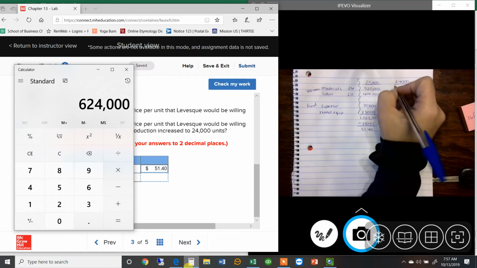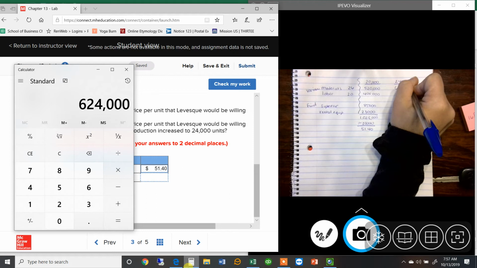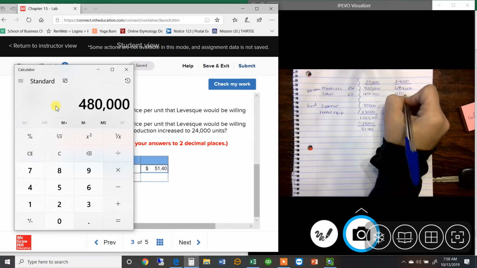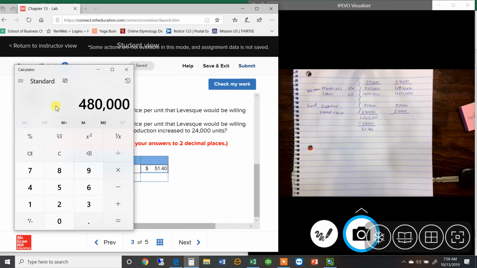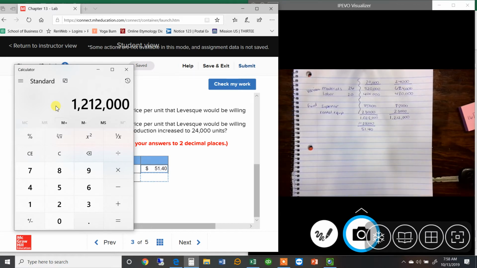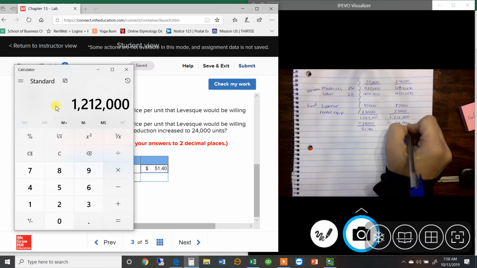So for the first one, my costs are 624,000 for the material portion, and then for the labor, it's going to cost me 24,000 times 20. It's going to cost me 480,000. And again, I'm going to add all of these costs up. And when I do, it's going to give me 1,212,000. Again, to figure out what it costs me per unit, I'm going to take all of this and divide